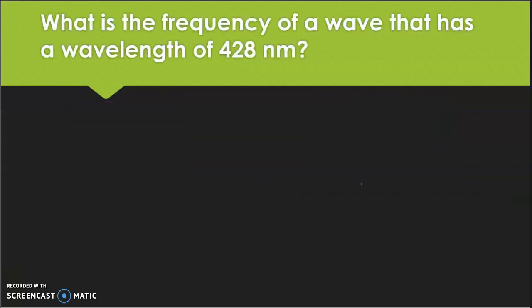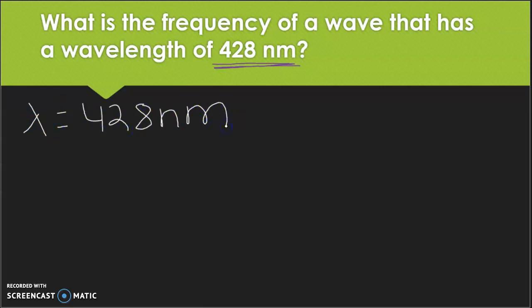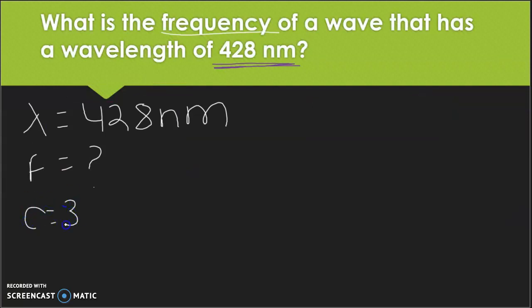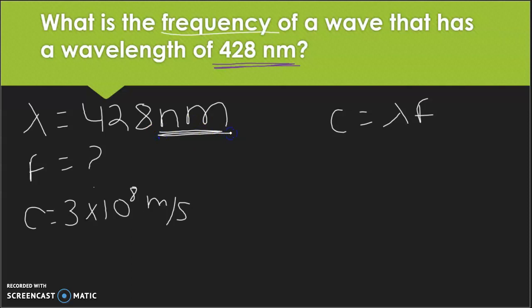What's the frequency of a wave that has a wavelength of 428 nanometers? So I've been given wavelength. That is the symbol for wavelength, 428 nanometers. I want to find my frequency. Looking at my two equations, I'm going to use this one because that one has wavelength and frequency. So wavelength times frequency equals C, which is 3 times 10 to the 8 meters per second. And this is the equation. Now we can't just jump into this formula because wavelength is in nanometers and it needs to be in